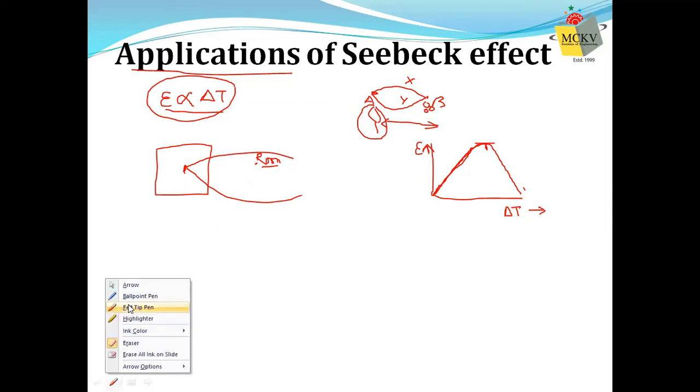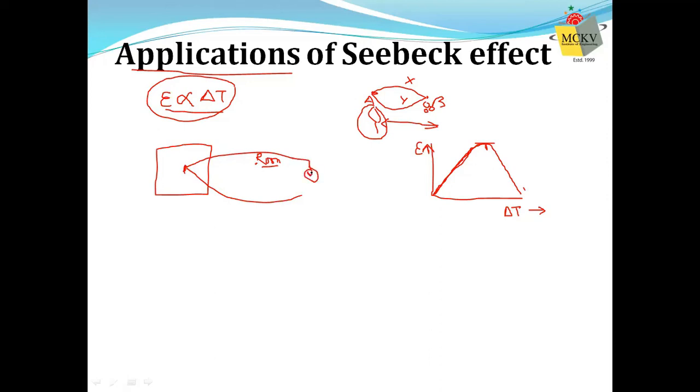So you keep one end inside and the other side at room temperature, and you connect here the voltmeter that I was talking about. So this end is the room temperature junction and this is the hot junction. So you measure the voltage. And now when you have the voltage, that is the EMF that you have, you can check your graph.